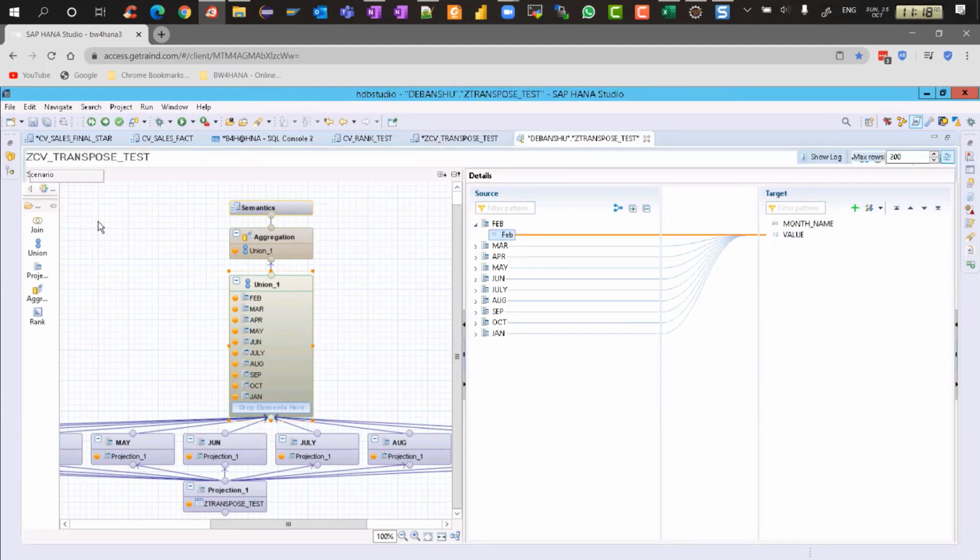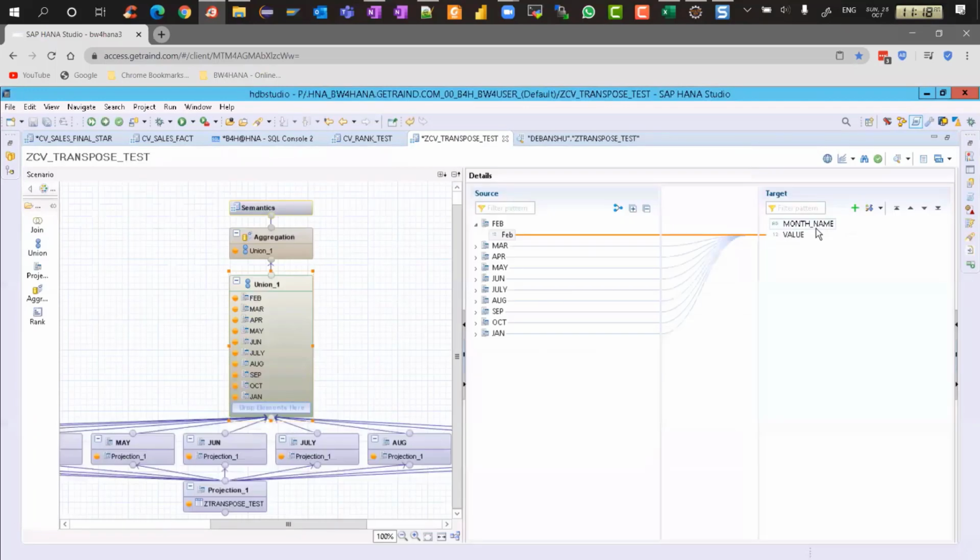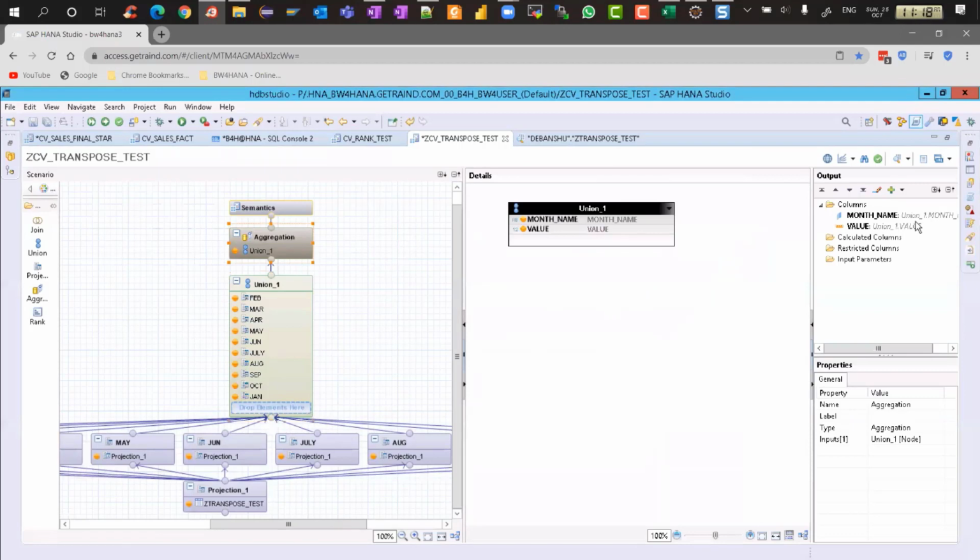So value is mapped from all the projection nodes, but month is a created column with a constant value for every month. Then it's a simple aggregation of month name and value, and since value can be aggregated, I have kept value as a key figure.